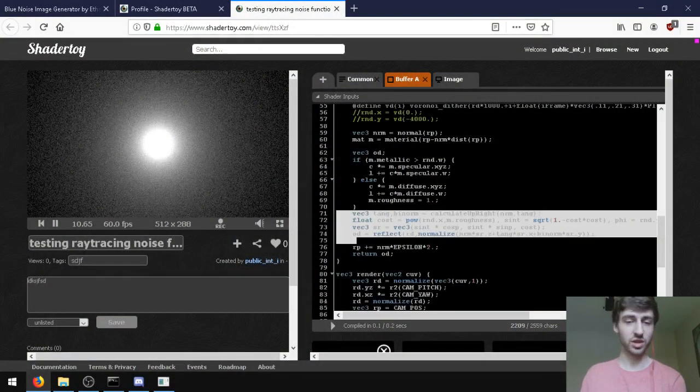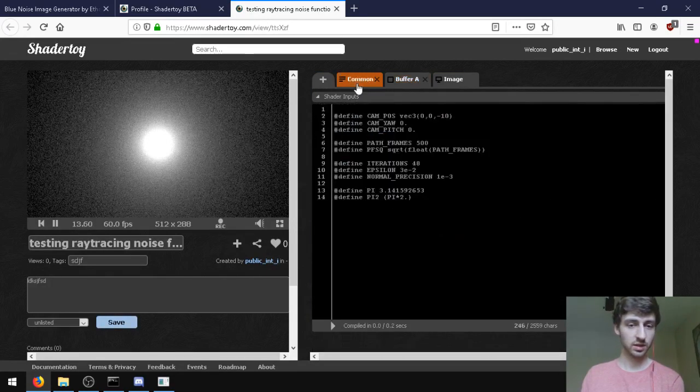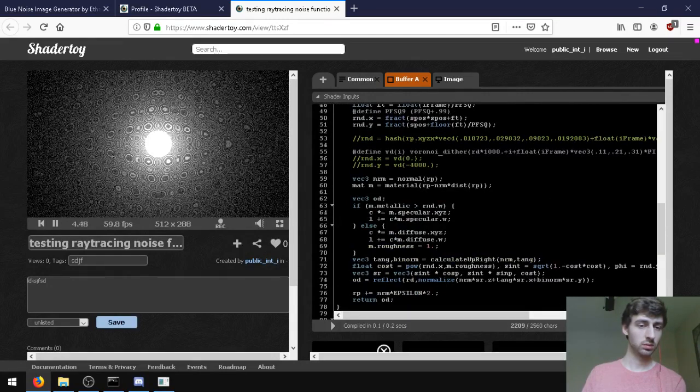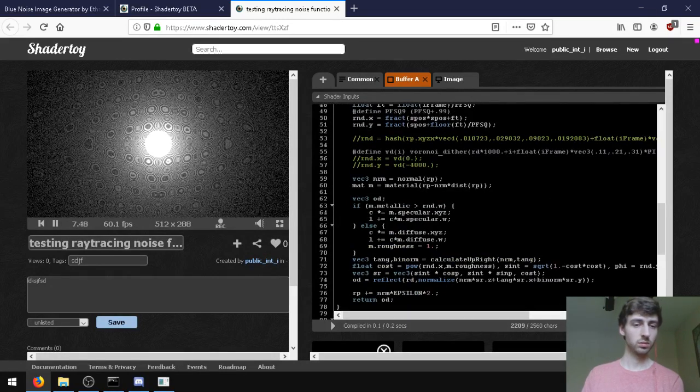Screw it. I'm just gonna share this shader in a sec. Alright. Here, now people in chat can also see the same shader that I'm working on. Oh wait, I copied the wrong thing. Let me make sure that works. Yeah. So in buffer A, you can change the